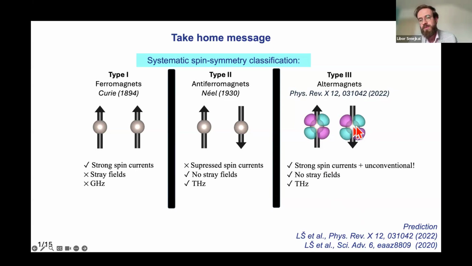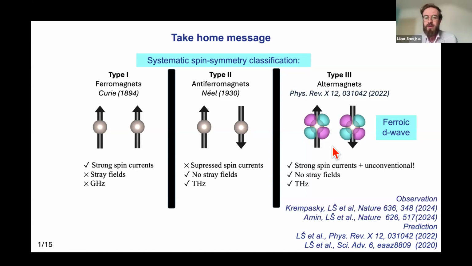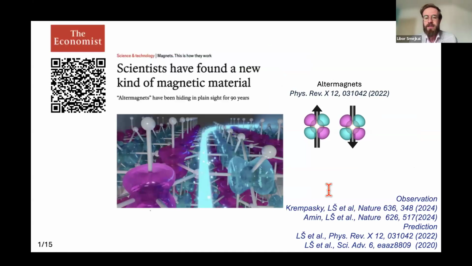So you see that on these 2 sublattices, you have another order parameter, in this case d-wave, where when you go around the quadrants in space, you change the spin polarization from positive, negative, positive to negative. And exactly the same happens on the other sublattice. And today I will show you that exactly these properties and these order parameters are responsible for a lot of exciting applications. These applications and this unconventional magnetic ordering have now also been observed in experiments and attracted